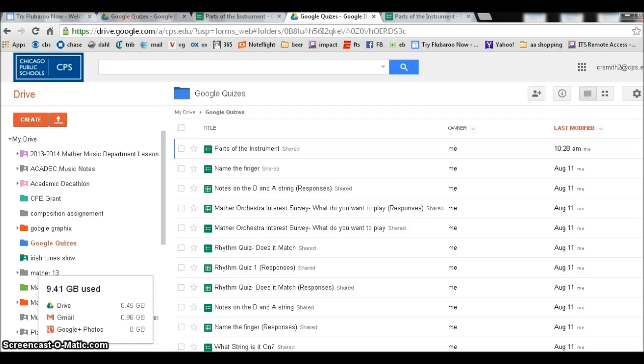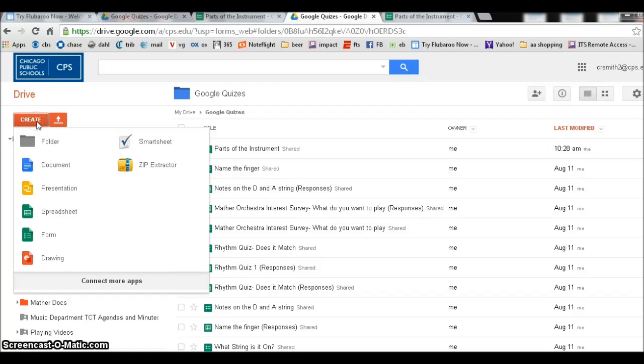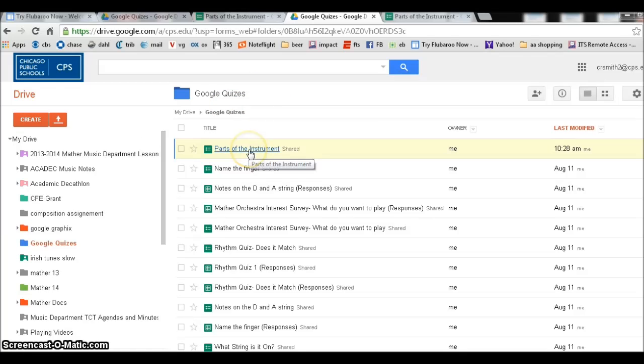All right, here is a quick primer on how to create a Google form that you can use as a quiz for the kids. So I'm in my Google Drive here, and if I want to make a form, I press Create Form. This is the icon for form. Now I've already got a bunch done, so we're going to go to one that I have. Here's one that is parts of the instrument. So I click on it,